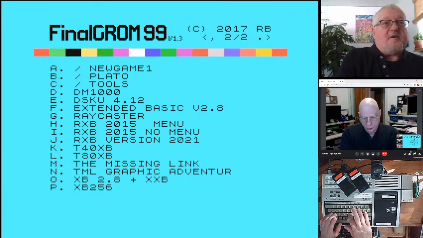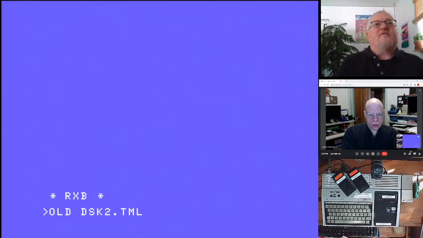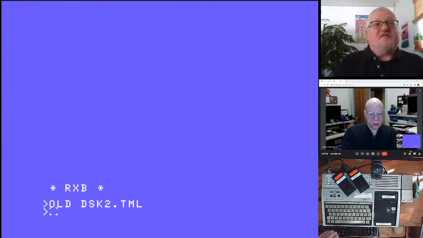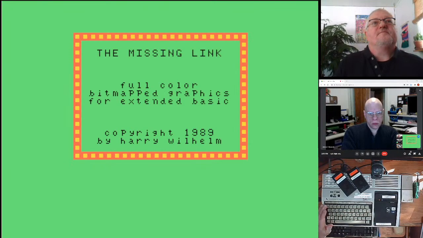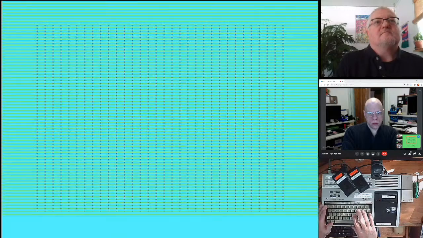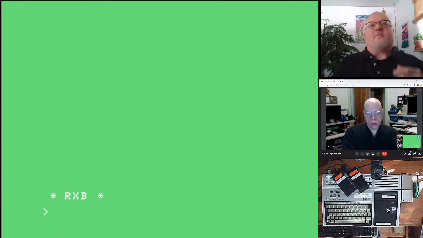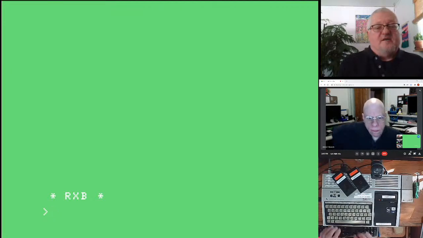Okay, let's go to RXB. We'll try loading the Missing Link without the GEM project. So it loads pretty quick. It's not a big file. Okay, so we've set up our environment. This is the default Missing Link environment. You notice the cursor is now a blank state of Texas. So we tell it